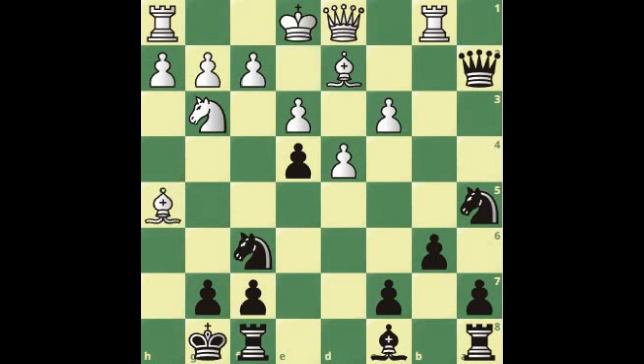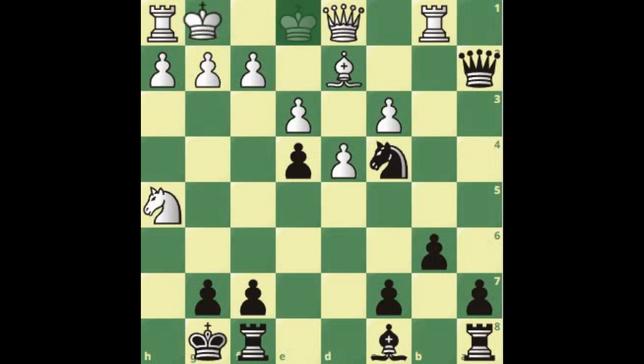Well, what happens if bishop takes pawn? Then simply knight takes. Queen cannot take back, because then the rook is hanging, so after knight takes back, black continues with knight c4, and this stops the white player from castling, because if white were to castle, this bishop here will be attacked twice, and